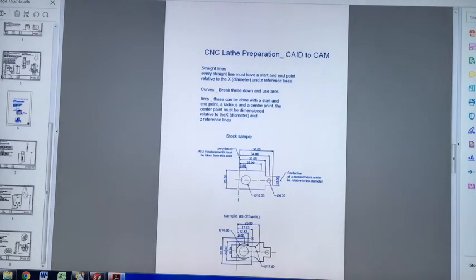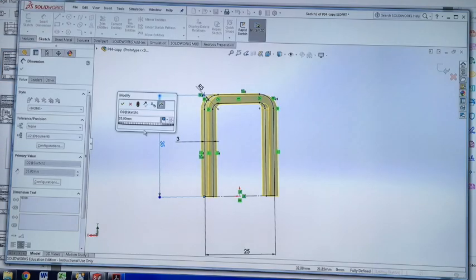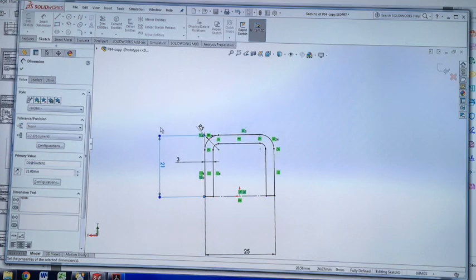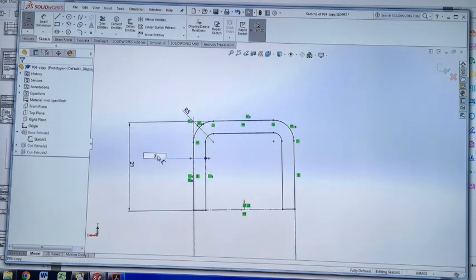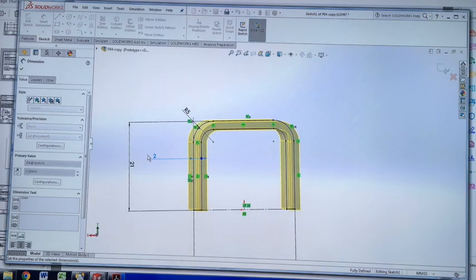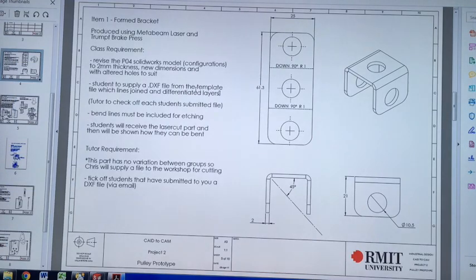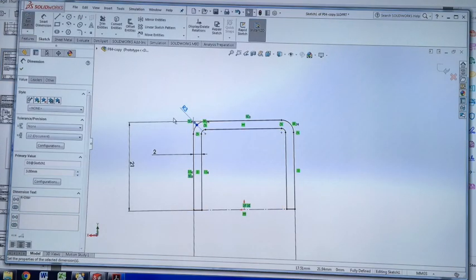Now the dimension for this part is going to be 21. So I change that to 21. I'm also changing some of the other dimensions here. My thickness to 2, my outside radius to 3,